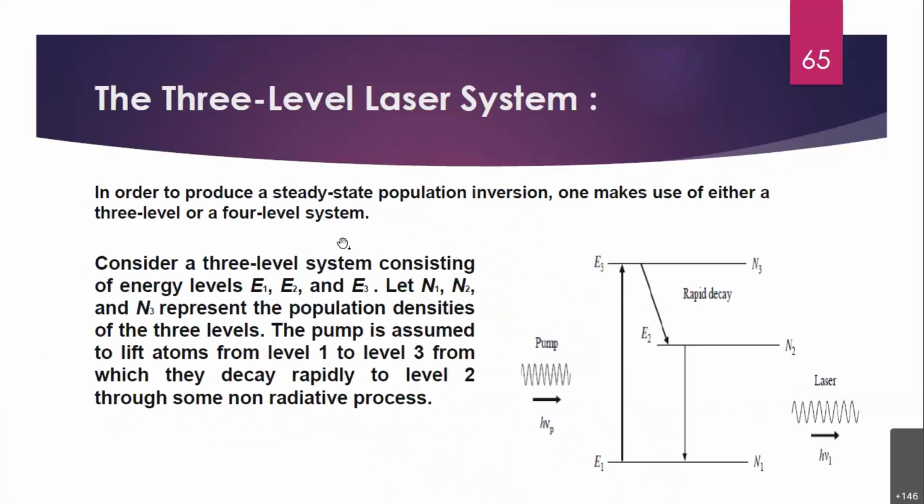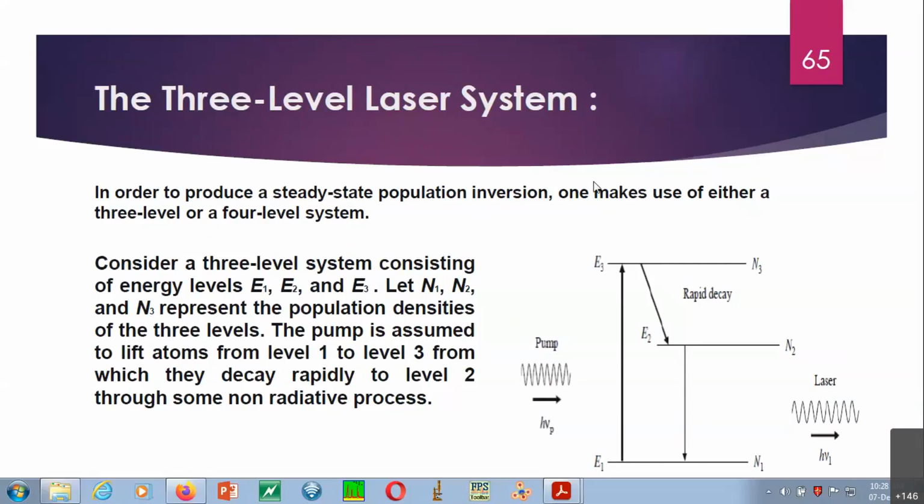So till now we have seen that the two-level system is just for basic understanding. It is not useful for generating laser light. So what is the alternate solution? Now you can go for a higher level, that is the three-level system, and you see on the right-hand side the diagram. And if you look at the wording for how to write it in the exam, the wording is very simple: consider an atomic system having three energy levels, and then you can write the